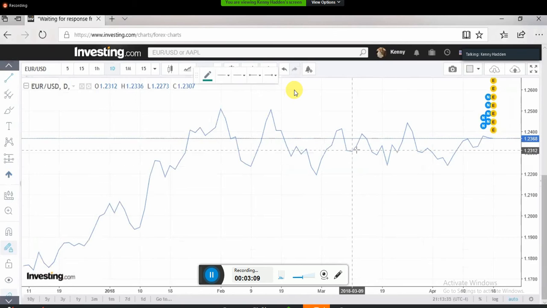So when finding support and resistant lines, the first one is tap. That's when you have